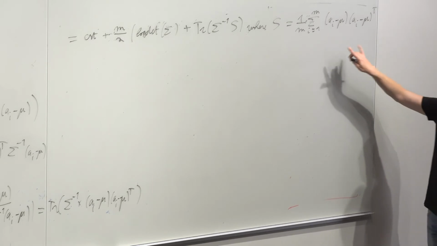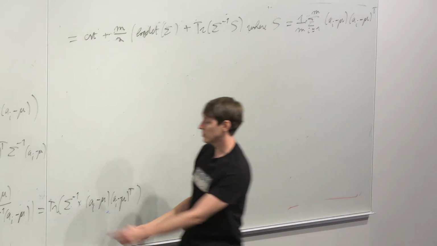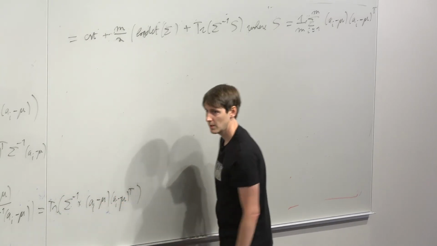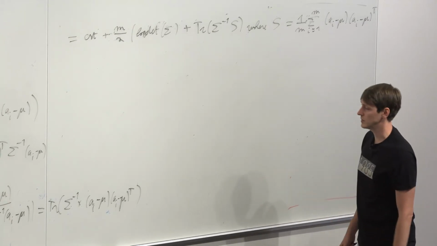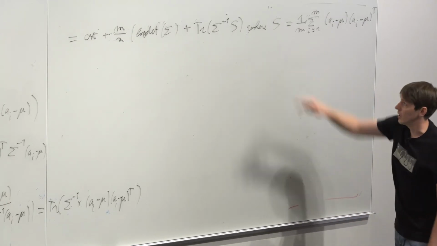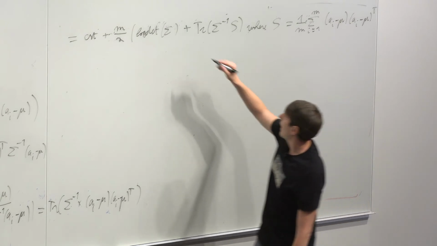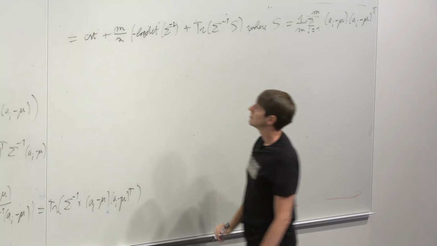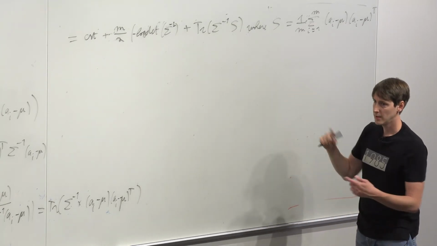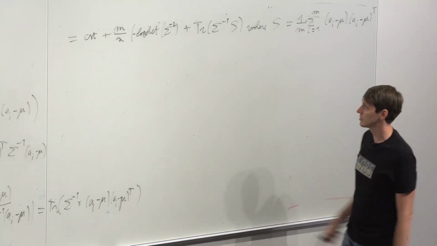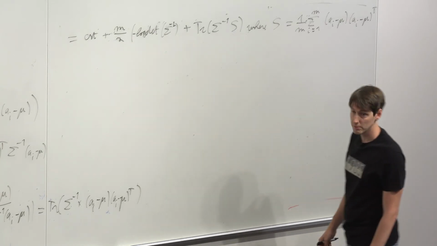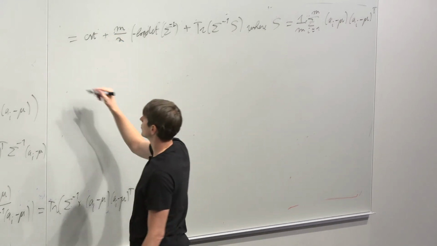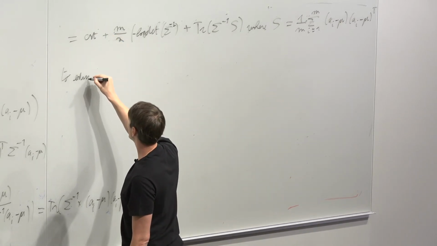Just because the trace is linear, so the sum of the trace is the trace of the sum, and matrix multiplication is also linear. So I get this formula, and I want everything in terms of sigma inverse, so let me put a minus and a minus. The determinant of sigma inverse is 1 over the determinant of sigma. With the log, it puts a minus in front. Okay, so we arrive at the following objective function. So to estimate sigma inverse